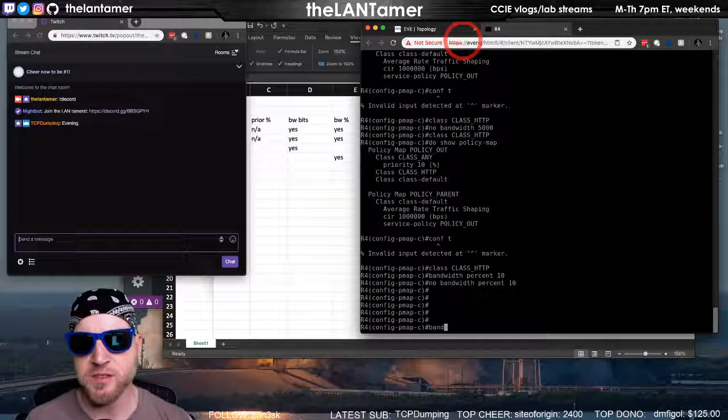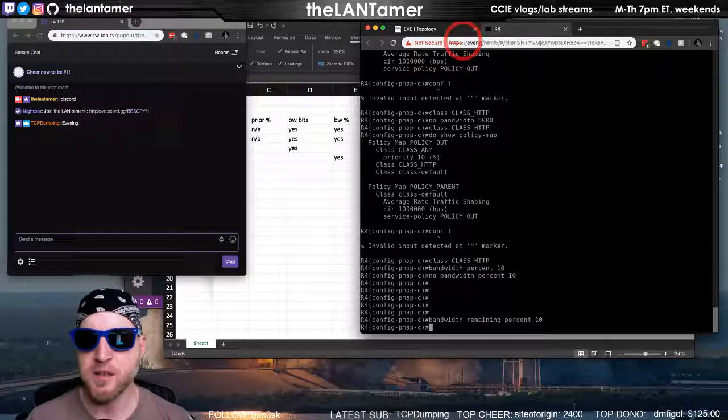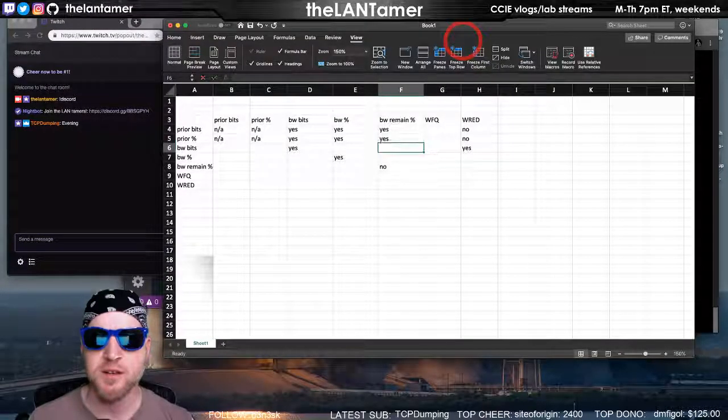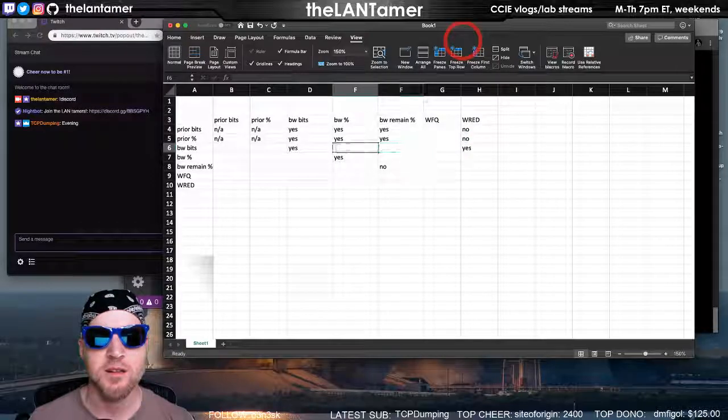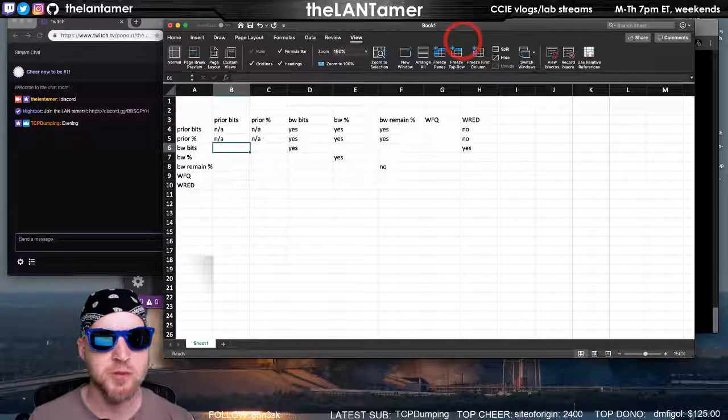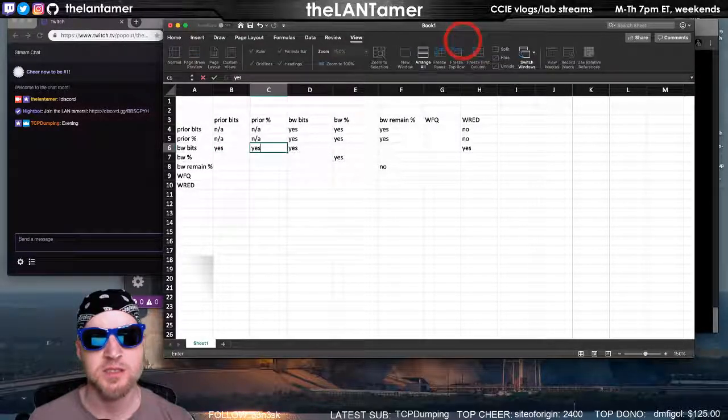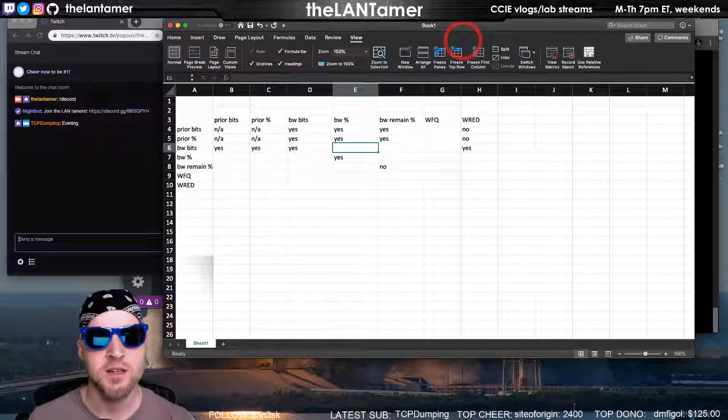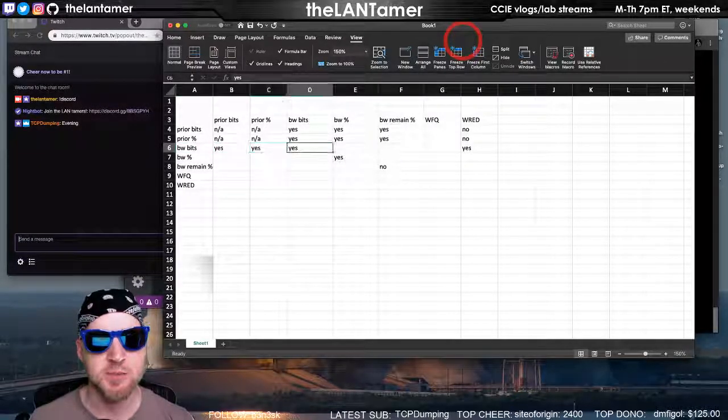Now, bandwidth percent or remaining. Yeah, that will work here. Okay, so some of this is going to be redundant. Yes, yes. All right, bandwidth bits and bandwidth bits on another class works.